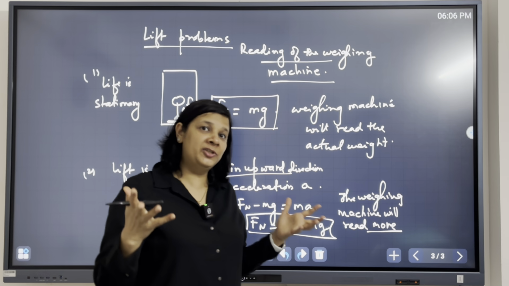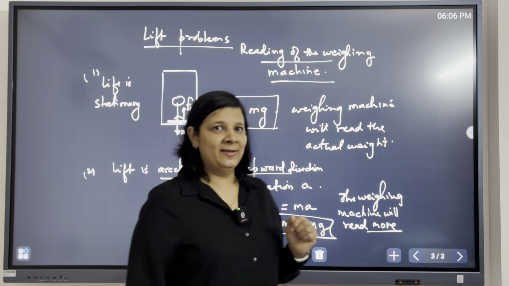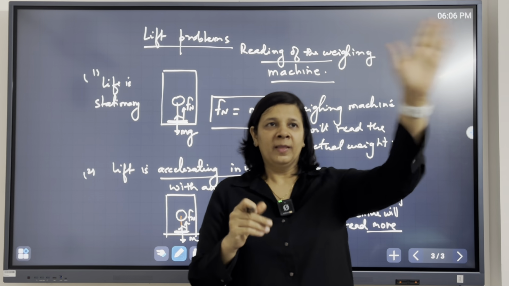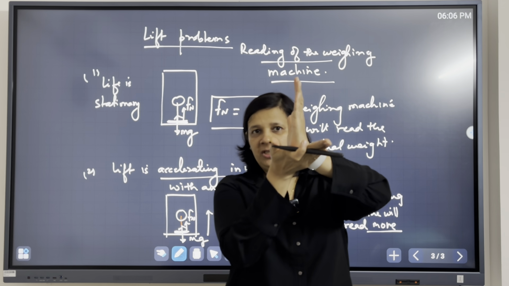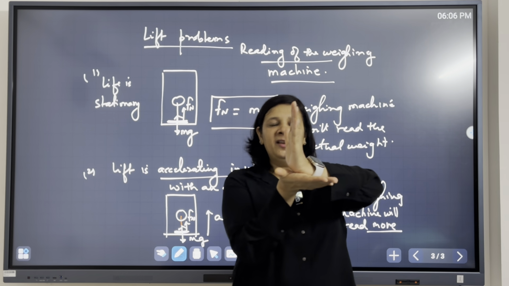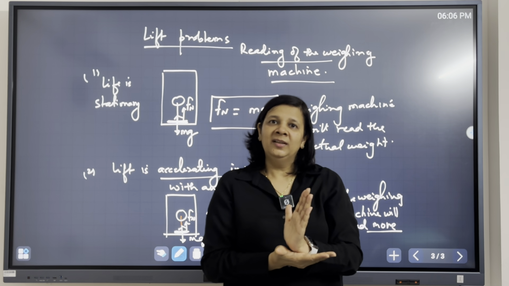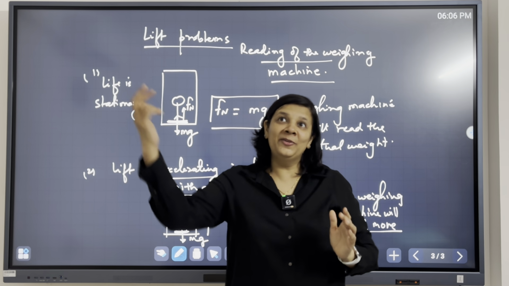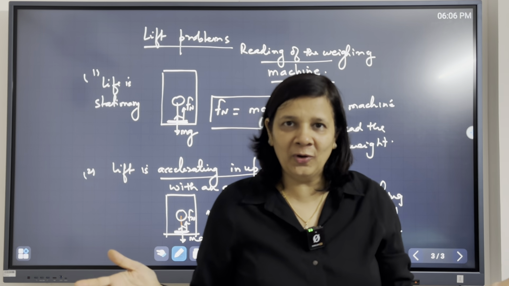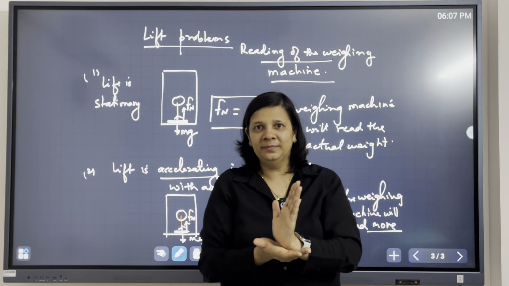So you have to think both intuitively and you have to cross check mathematically. Now let us take another case. When the lift is accelerating down with an acceleration a, then what will happen? This is the person and he is standing on the weighing machine. Let us take the extreme case that the lift is accelerating down with g. When can it happen? If you cut the rope of the lift, there will be a free fall. It means that the lift, the person, the weighing machine, all are coming down with acceleration g.